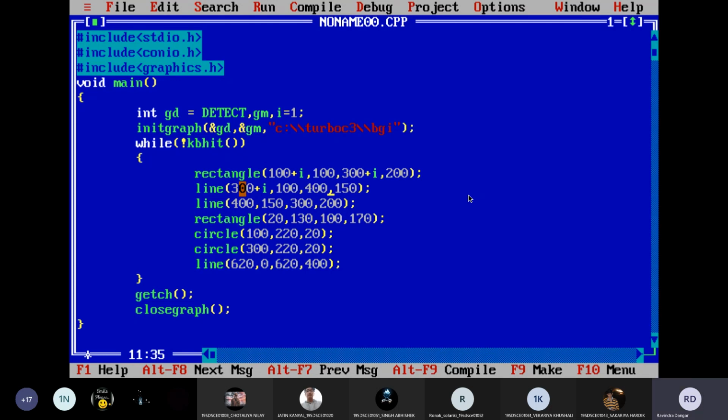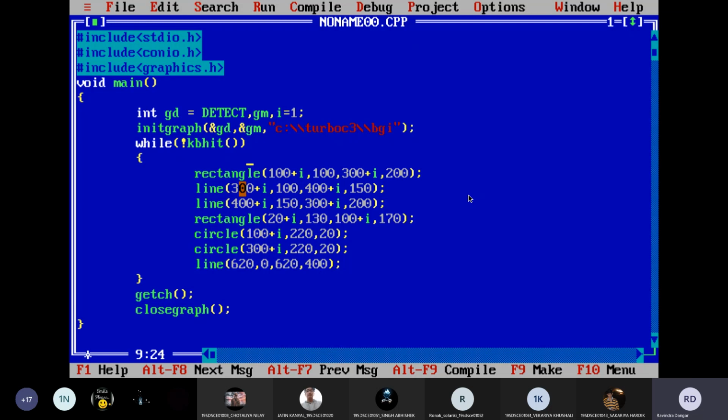For this line, the X values are these only. Again for this line, see, I am not changing the Y values. If you can notice here, I am just adding something in the X values only because I want to translate the object, and that is 2 in the horizontal direction only. Now for circle, this is the X value, and for this line I don't want to do anything.